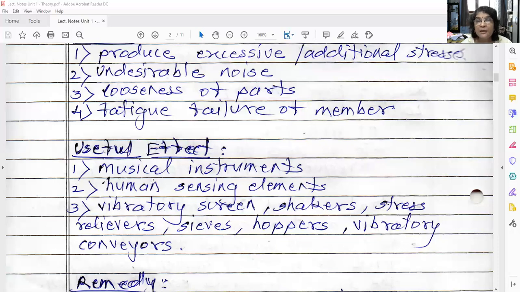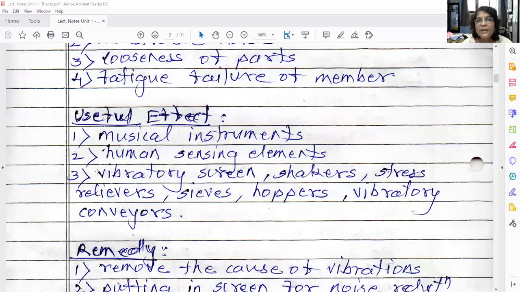alive. How do we speak? Our tongue vibrates. Now I'm speaking, my tongue is vibrating, so due to this tongue vibration only we are able to speak. Then our eardrum vibrates. Because of that also we are able to hear. Even when we walk, we cannot walk keeping our hands just beside our body. Our hands are moving to and fro when we walk, so that is also a vibratory motion.